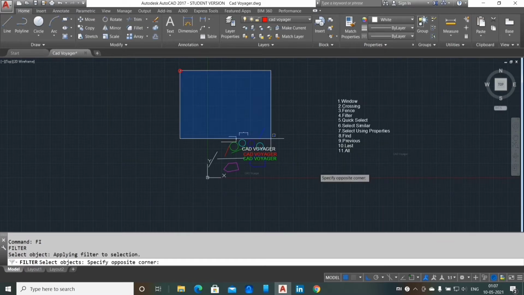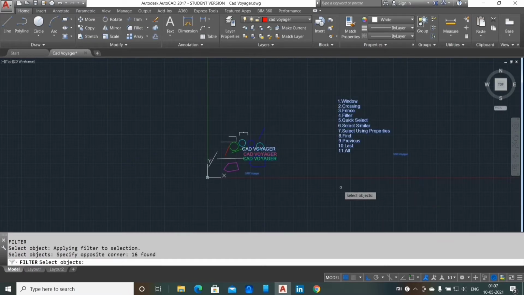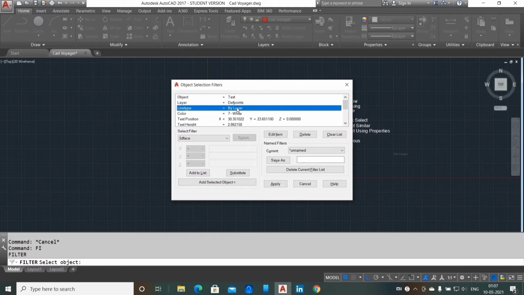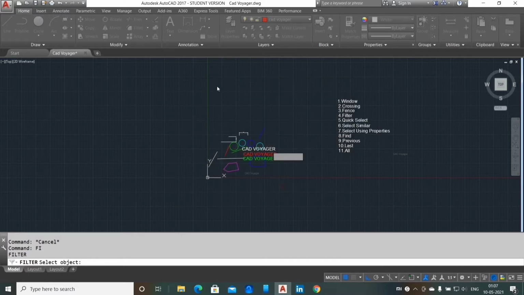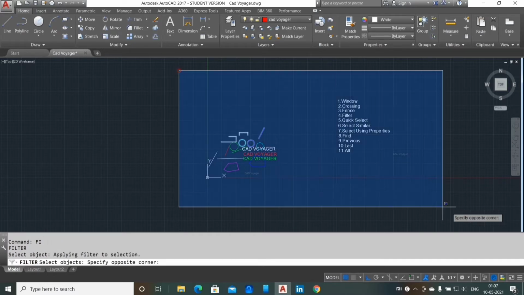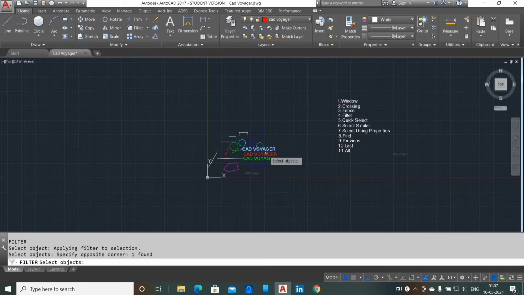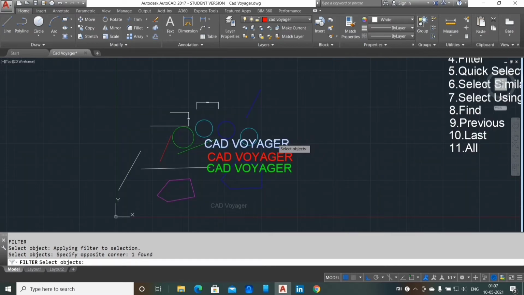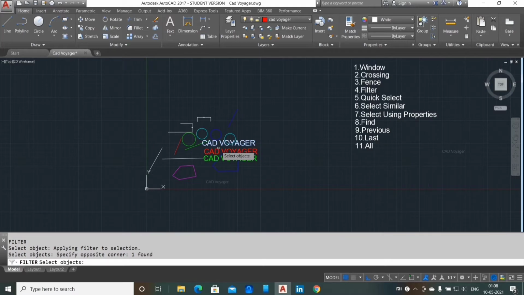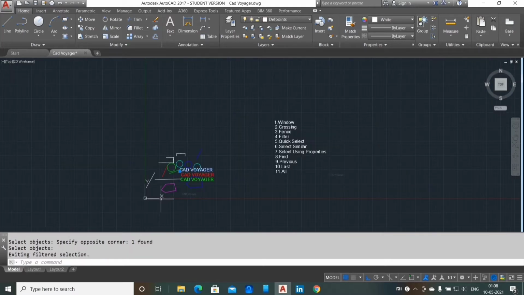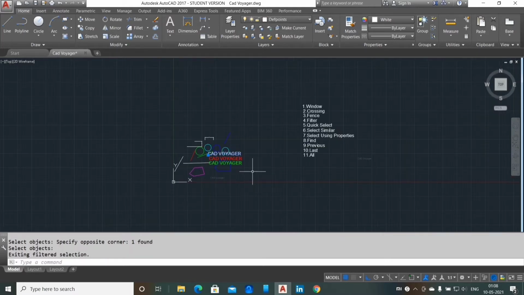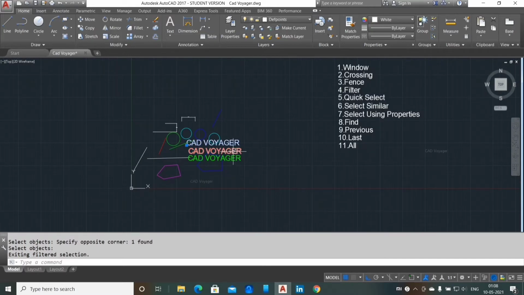While I am dragging and selecting, see that only text is selected, none other, not the round shapes or lines. Now I will use the layer properties to select the object. While I am selecting the layer properties and applying it, only the objects with those layer properties, the categorizer with the white color letter, get selected. The filter selection command is a very big topic, and in future I will make a video based only on the filter selections. Next we are going to see the quick select selection.